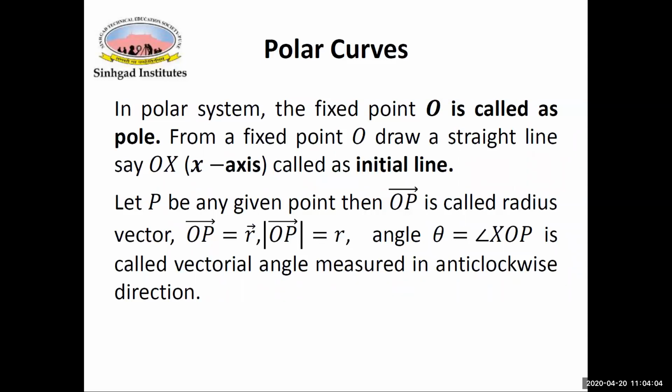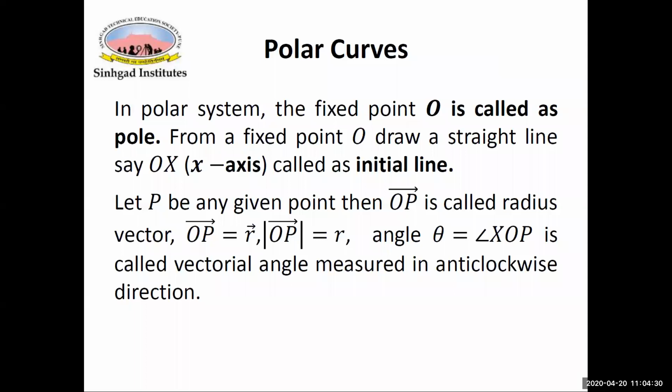There, while drawing the curves, we considered various points like symmetry, passing through origin, tangents at origin, then points of intersection, asymptote, region of absence. In the same way, when we draw polar curves, we have to check certain points for drawing the curves. Here, a little bit of notational difference is there in the polar curves.